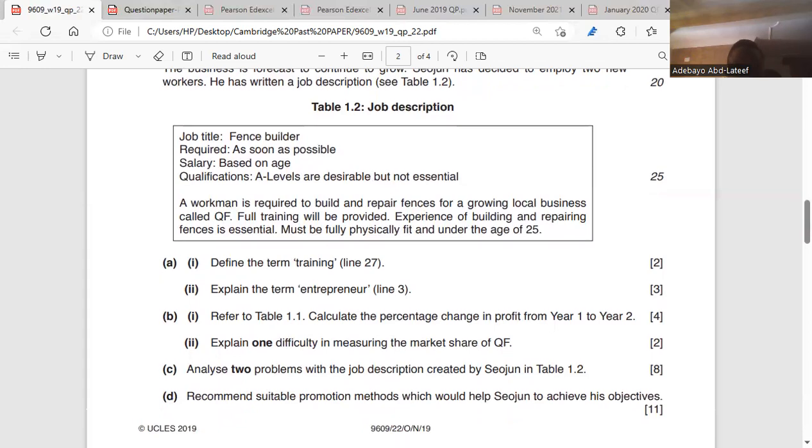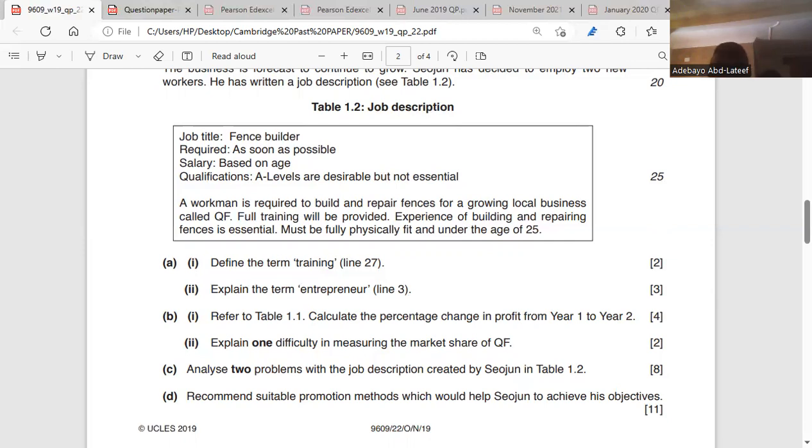The second point is here they said required as soon as possible. No date is put. There's no date there. So if I am seeing this advertisement right now, I might feel that this advertisement was done a long time ago. We wouldn't know when it started and when it's going to end, like the deadline for these adverts. So it's not ideal, because you can't state the deadline of the adverts. Is it clear? Very clear.